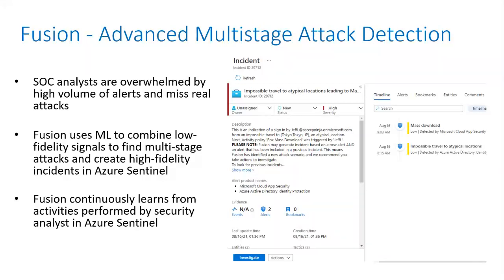With Fusion, we can leverage our machine learning model to process this huge amount of security events and help you find the real threats that could be easily missed. And then you can also free up your security analyst for more strategic work. In the meantime, after your analyst investigated each Fusion incident, we take the feedback from your analyst and use this to train and improve our machine learning model. From this perspective, whenever you close a Fusion incident, we strongly encourage you to provide feedback and, if possible, additional insights to help us improve.